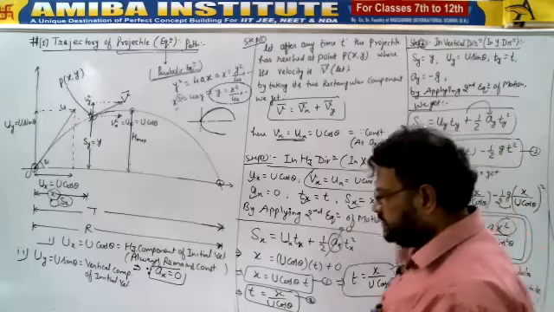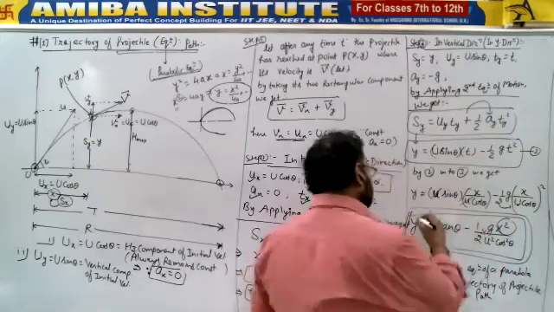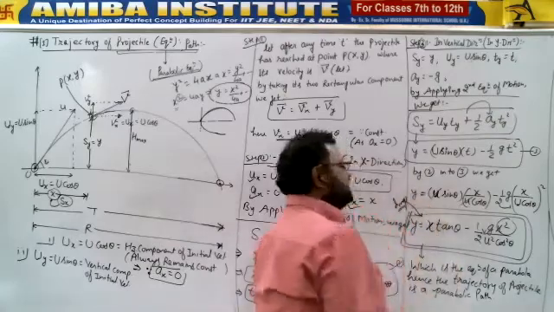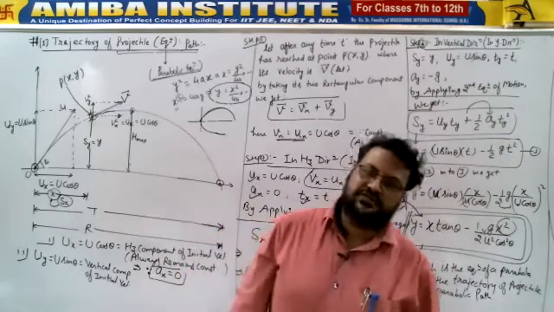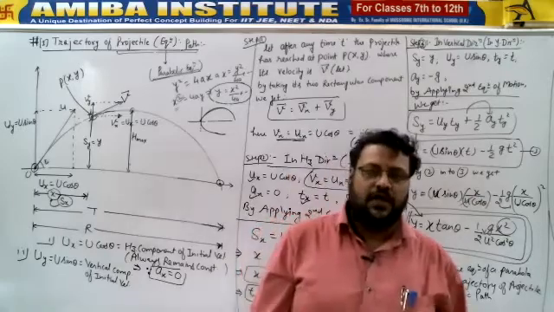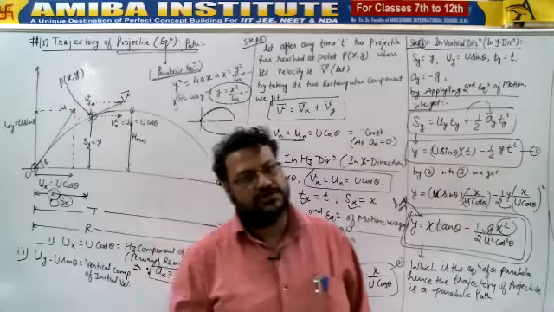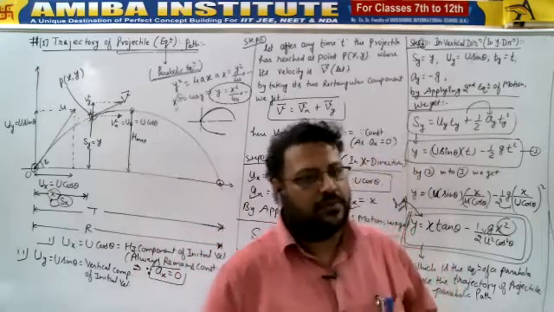Got it? And this formula will be used directly in your competitive examinations. y is equals to x tan theta minus half g x square upon u square cos square theta, or y is equals to x tan theta minus g x square upon 2u square cos square theta. So till now, how many of you understood